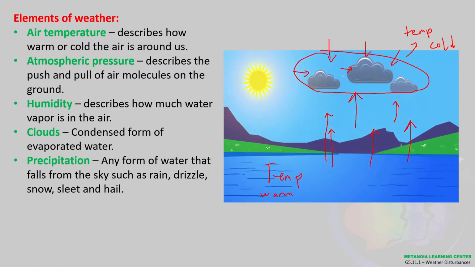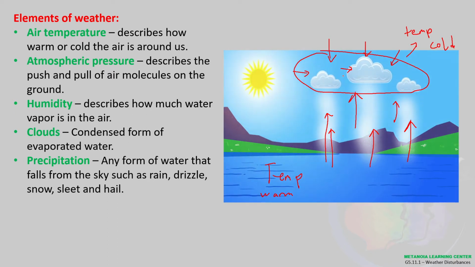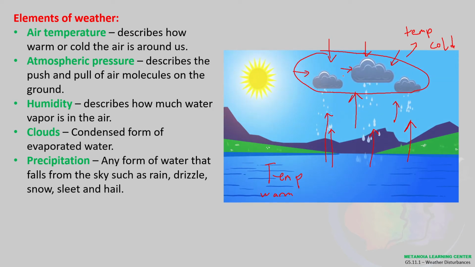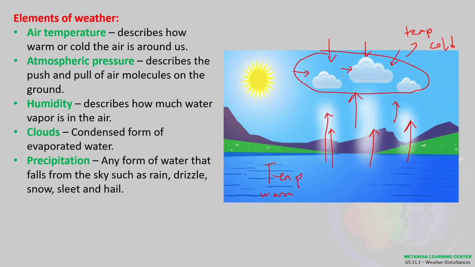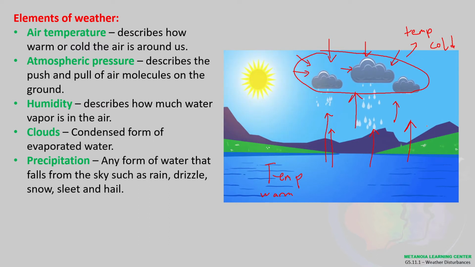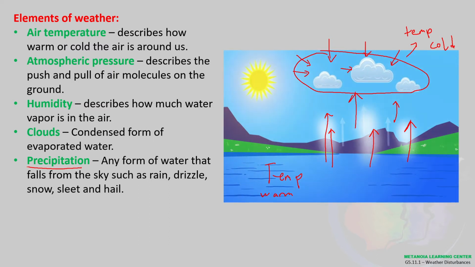So, it means that when the clouds are dark in color, it means that there's a lot of tiny water particles present, which doesn't allow the sunlight to pass through na talaga, no? So, yan yung ibig sabihin yan. So, from there, once it becomes heavy, nagkakaroon na tayo ngayon ng precipitation. So, uulan na yan siya.